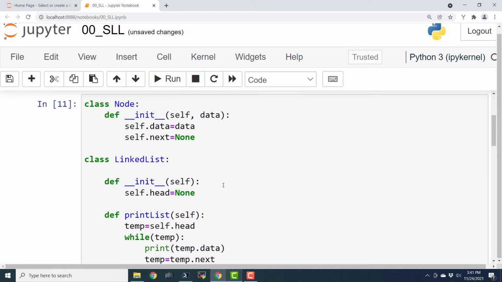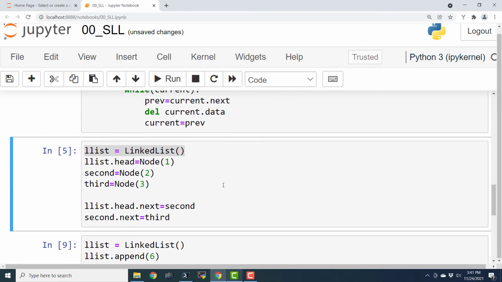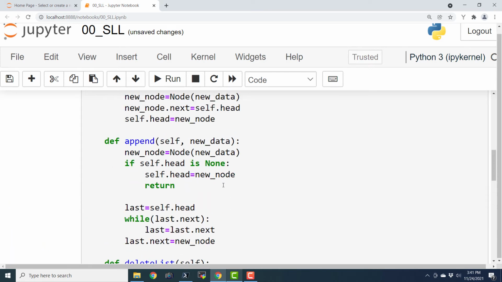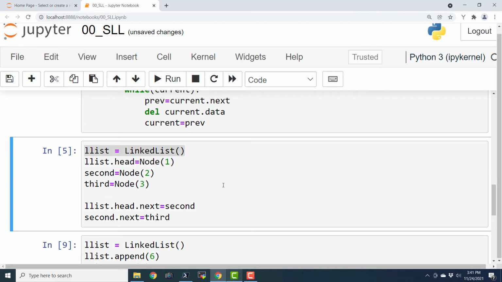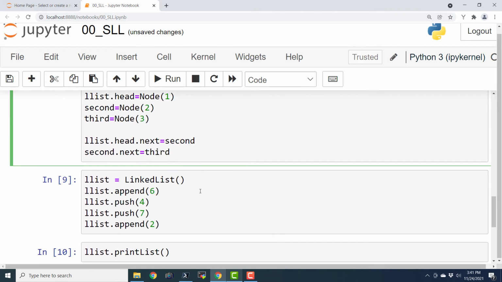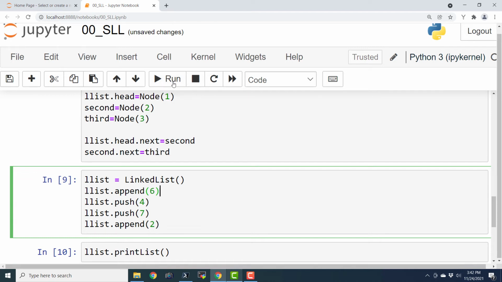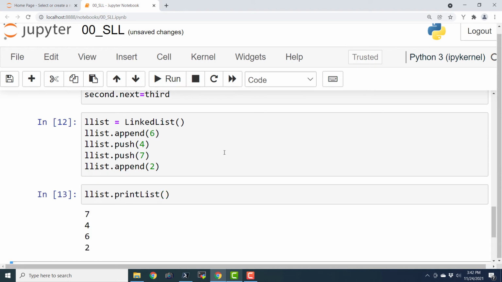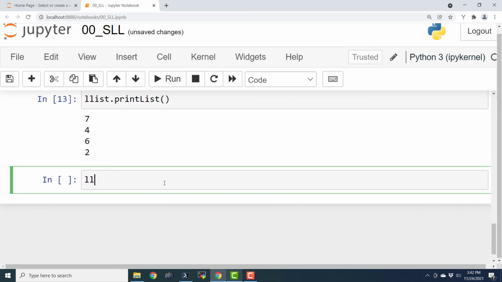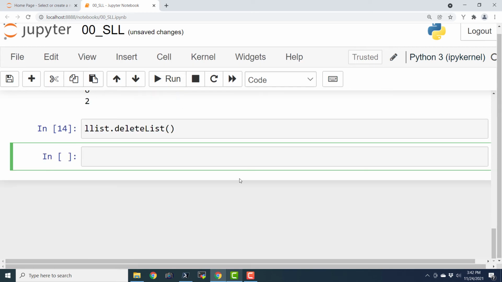It is going to define that particular thing. Okay. Delete list with the rest of the stuff that we have already written there. Now this is the driver code, and this is the more sophisticated driver code. Let me execute the more sophisticated driver code and create a linked list. Now let me print that list again. And here I'm going to call the function that is going to delete list. And if I execute this, it has deleted the list.